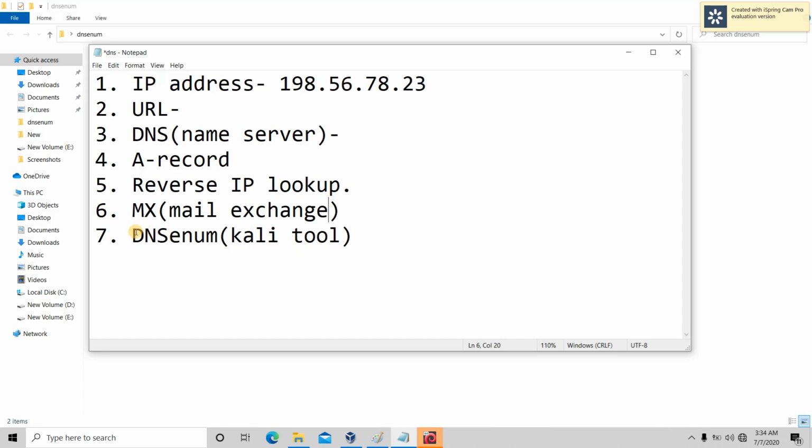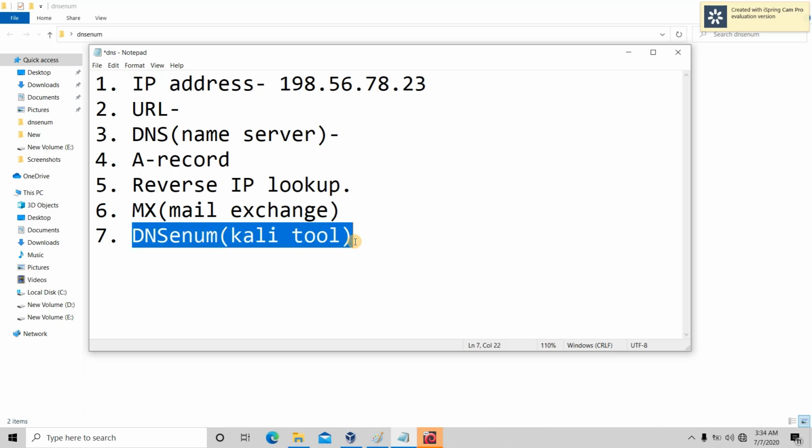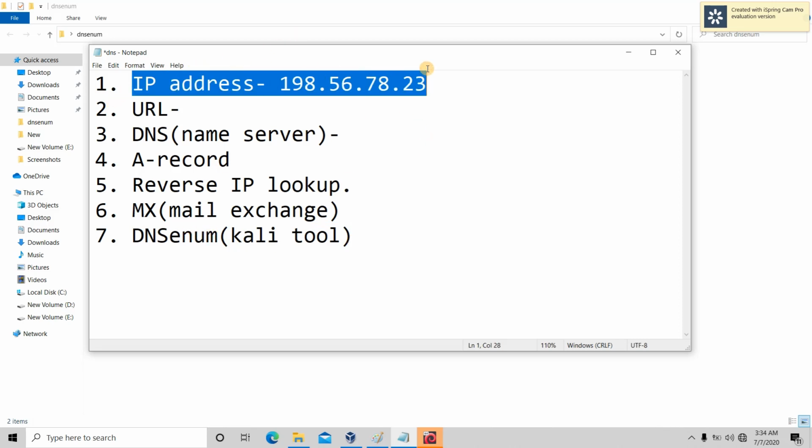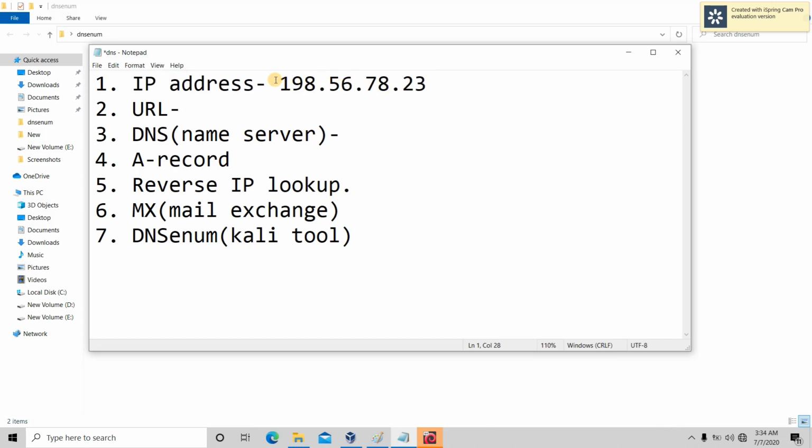So using the dnsenum Kali tool for any given website, we can look for its IP addresses or its subdomains. There may be several subdomains, like google.com has several subdomains like images.google.com, photos.google.com.